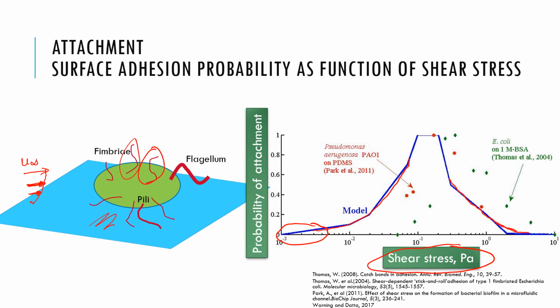So this framework shows that the probability of attachment increases with shear rate and then it decreases, and it provides a mechanistic sort of insight into attachment and all the forces that the bacteria as a particle